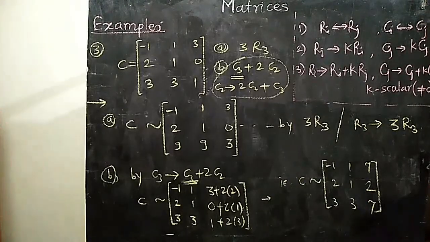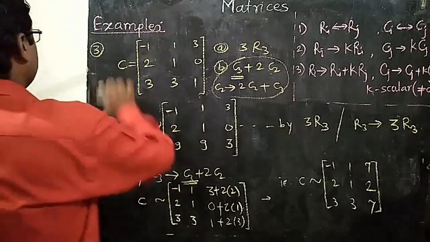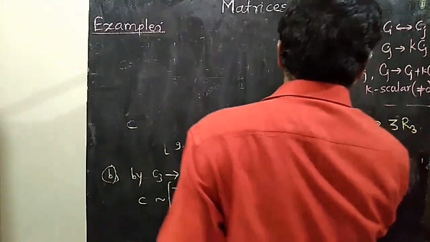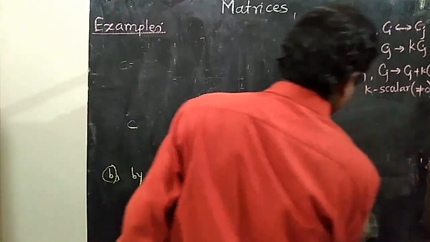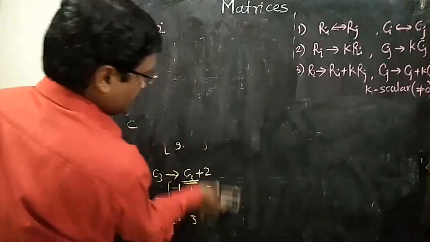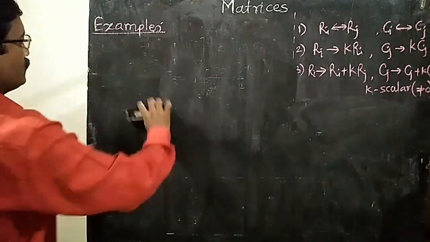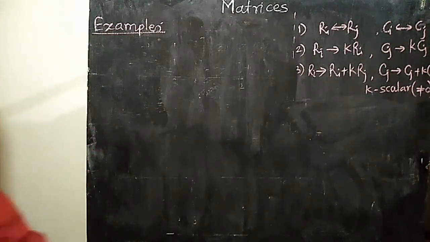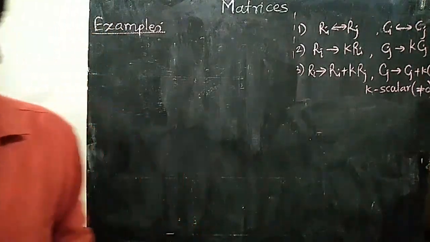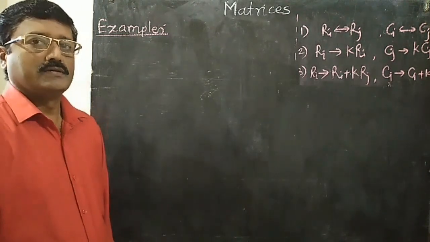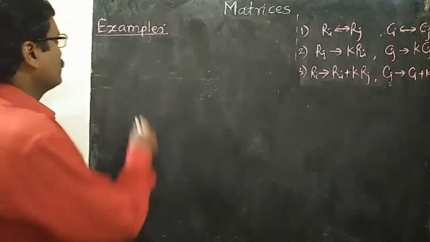And we will see the last but important example. It will be used in finding the inverse of matrices. That is our most important next article of matrix. So learn carefully this next example. Let us see next example number 4.